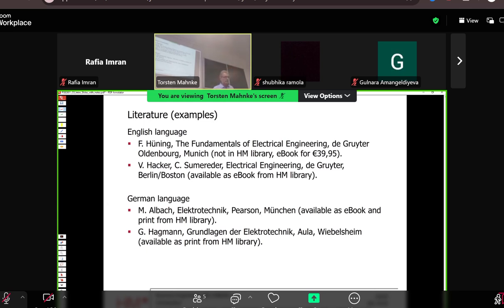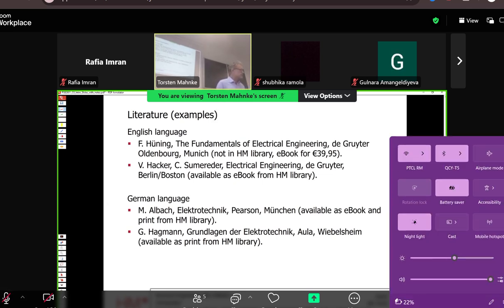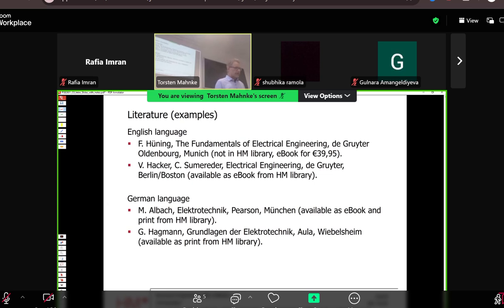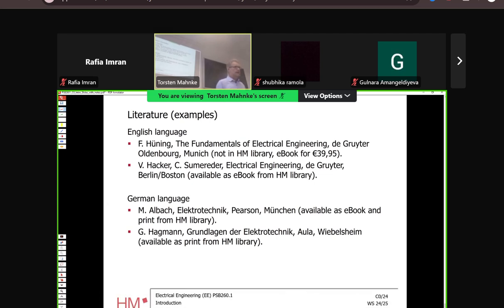Now, just in case you want to look into some book in order to get some more explanations or different kinds of explanations, I can recommend 2 in English language. There are also many more in German language in our library. But I found 2 English language books that cover all the topics that we discuss here. The first one is the one